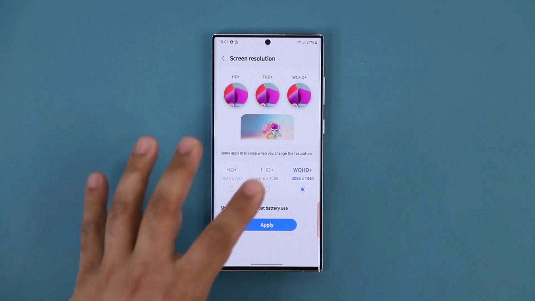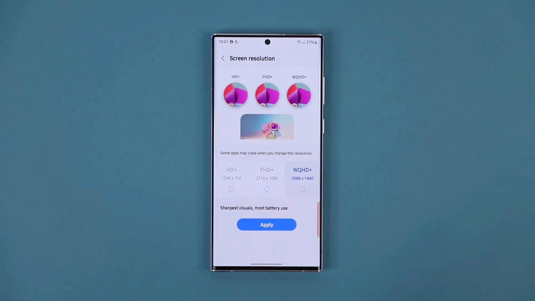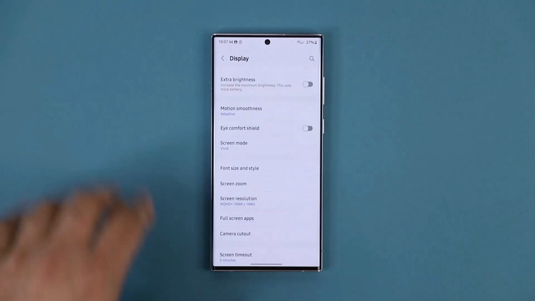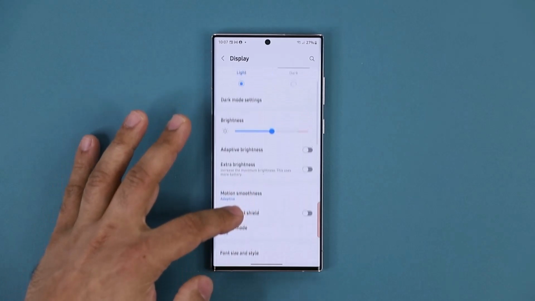So in the past, I usually kept it right here, but now with the S23 Ultra, I can have it here and not worry about the battery life. Tap and apply and forget about it. You're good to go. Now, one more important thing to set up is going to be right over here,